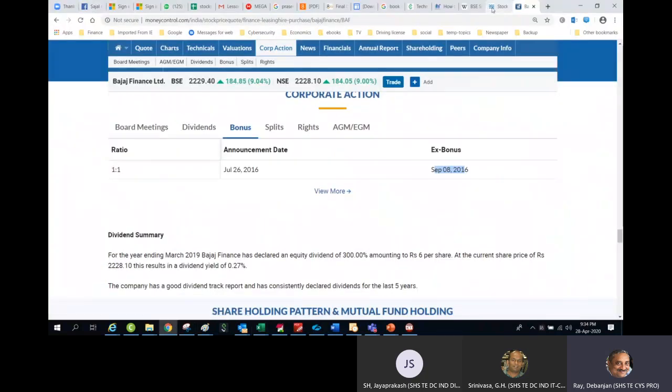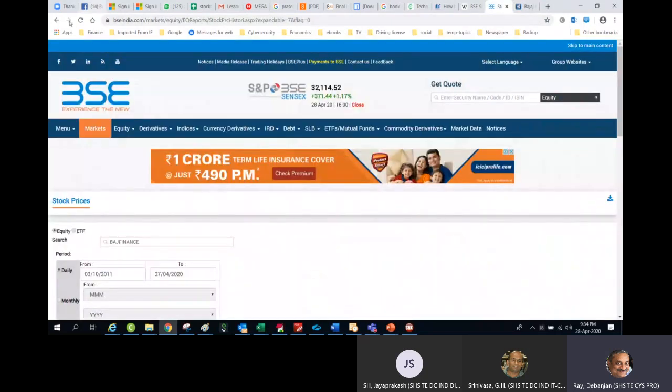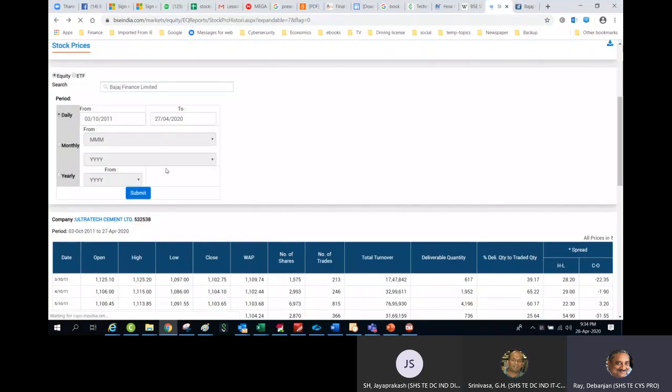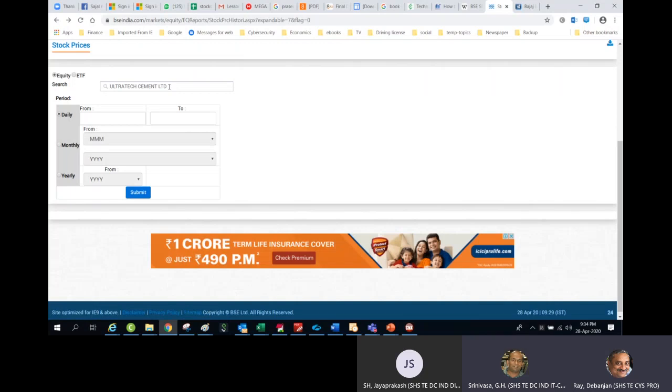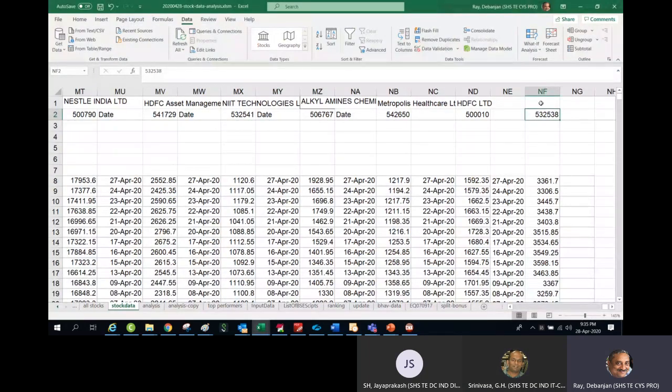I go back here. Ultratech Cement. So I just copy the name of the company. I come here and put it there. Now my data part is done.